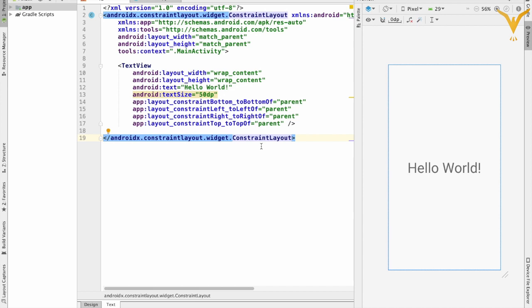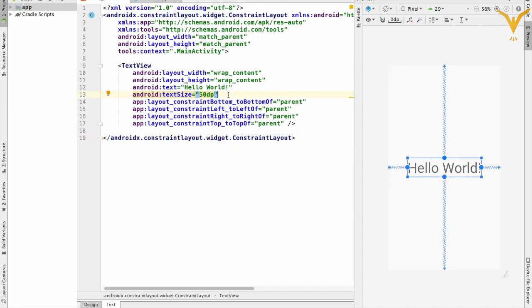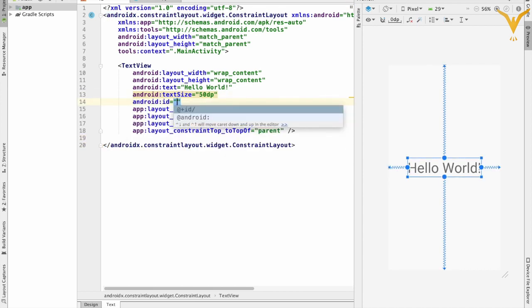Okay, so you have a lot of attributes like id. You can specify the id for the particular control. If we want to modify anything by using programming, so this id will be required. Let's define as txt hello world. So you can use this id attribute. What I suggest is to define id for all your components so that it looks standardized.